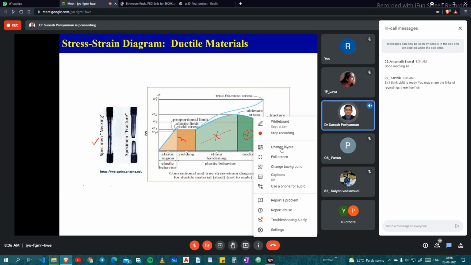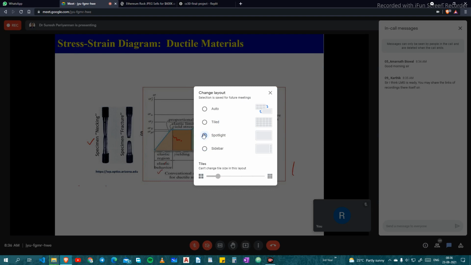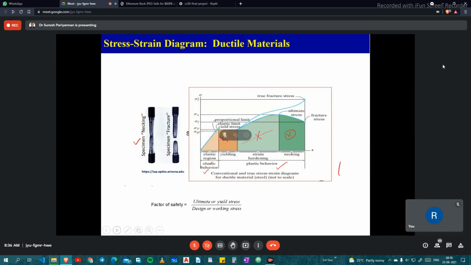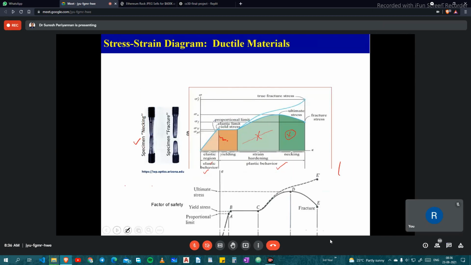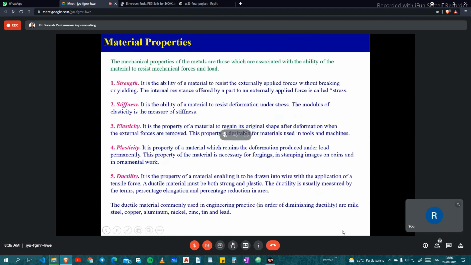But broadly we can classify it: elastic behavior is temporary deformation, up to this point. This is the plastic behavior, permanent deformation. We discussed this. These are the information required when we are going to choose the material properties, when we choose different materials for our application, for designing our components. Now I come to this: what are these material properties?